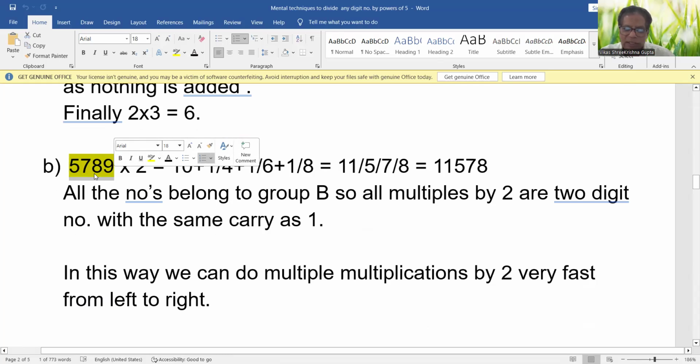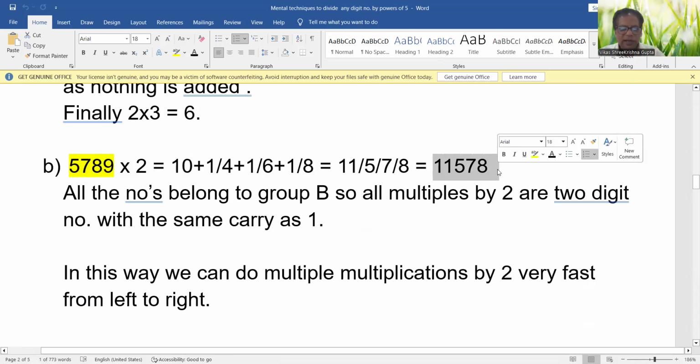Then 2 into 8 is 16. So before I write 6, I will see the next number, that is 9. It is a carry number. So instead of writing 6, I will write 7, because 6 plus 1 is 7. And the last number is 2 into 9, 18. So I will simply write 8, because the number finishes here. So the answer is 11578. You see, I'm explaining it, so it takes a lot of time, but when you do it practically, it becomes